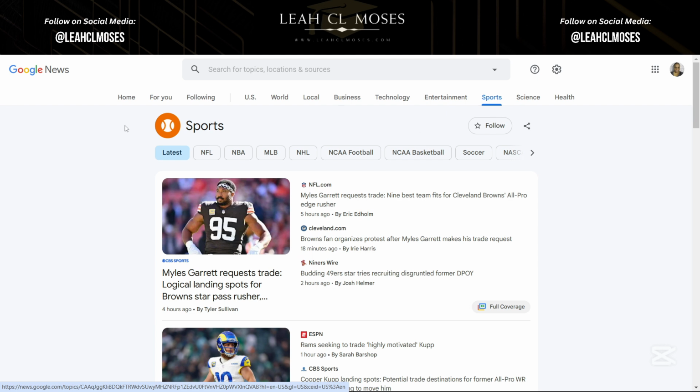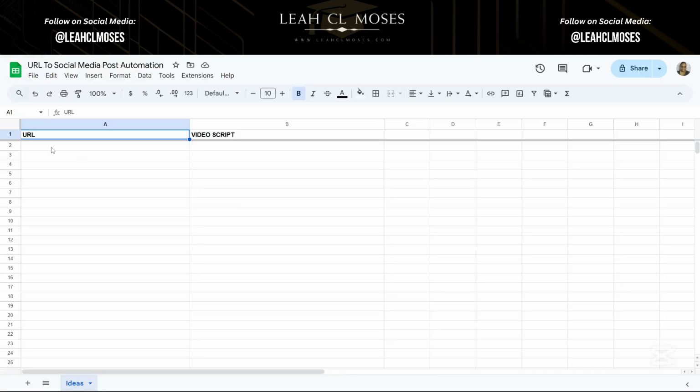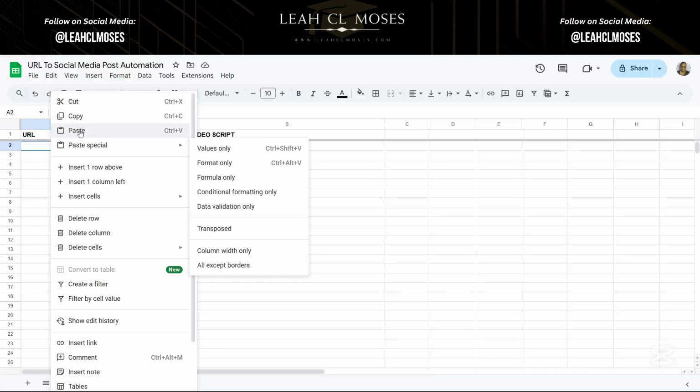So I came over to Google News, and this article right here is what we're going to take, Miles Garrett request trade, right? So if I click into it, all I have to do is fetch the URL, right? Which I'll do one time, copy, and go into the relevant Google Sheet. And in the respective row, I will paste it,